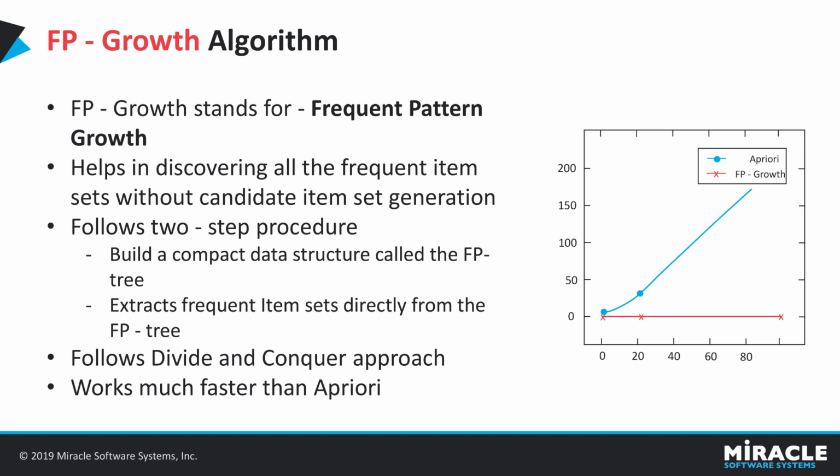For the algorithm implementation, we need to have a transactional data set, and the algorithm follows a two-step process. The first step calculates the item frequencies and identifies frequent item sets from the given input. The second step uses the FP growth structure to encode all the transactions, and later on it will extract all the frequent item sets from the tree. So after the algorithm implementation, we will be provided with all the frequent item sets that are found in our given input data.